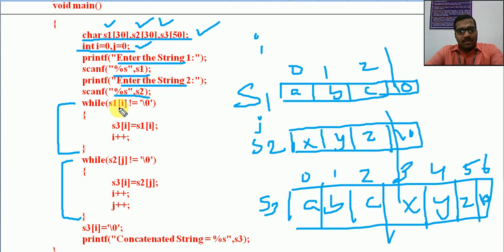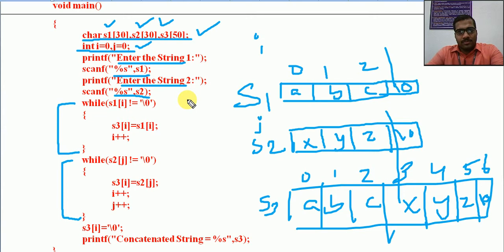So what is happening with the first string, while S1 of i is not equal to \0? Remember, for most string handling or string operations, we need to iterate through, or traverse, the individual characters starting from 0 to the last location until it reaches \0. So every time we form the loop by checking up to \0.